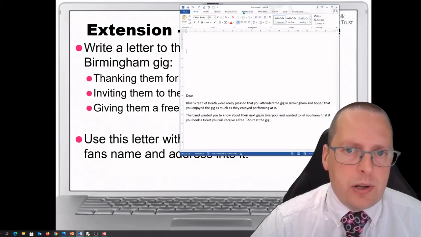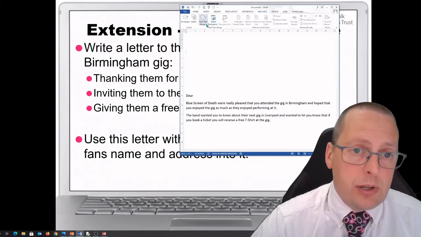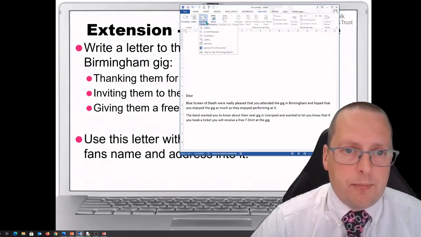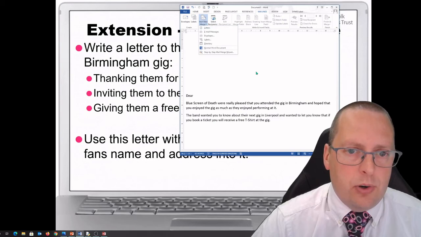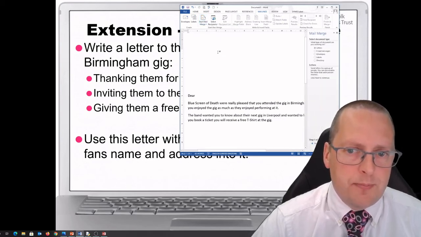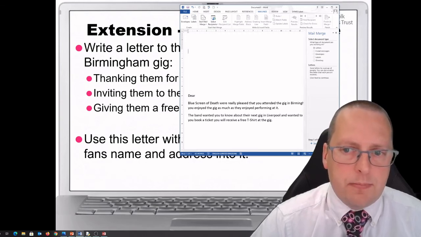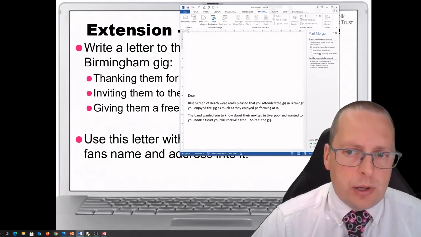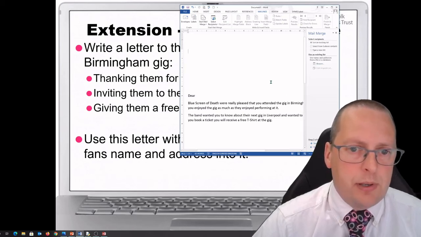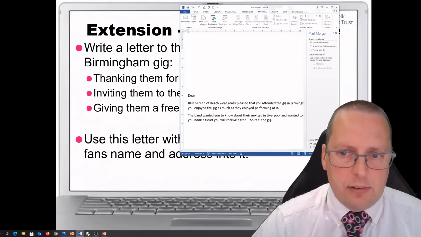So what you do is you click on mailings and you select, or you can start a mail merge, and we've got a letter. Now we've already got the letter, so we can use the step-by-step mail merge wizard. And what we're going to do is click next to continue. We're going to use the current document. We're going to select next and now choose the select recipients, and this is where we're going to look for our database. So we've written our letter,